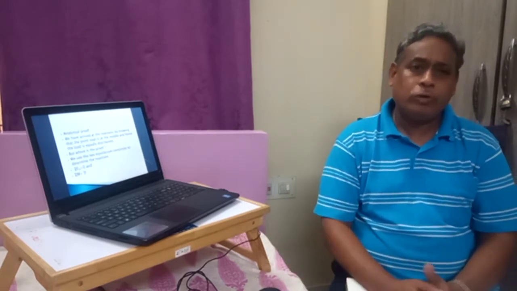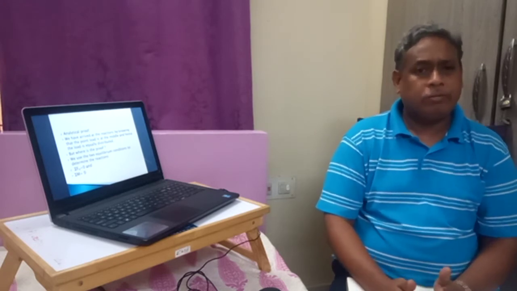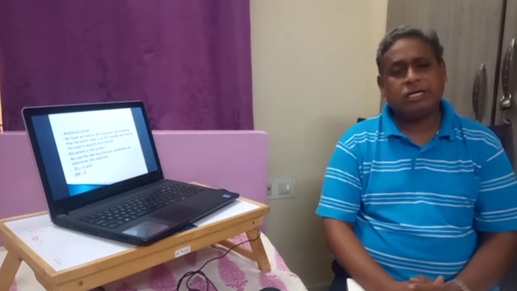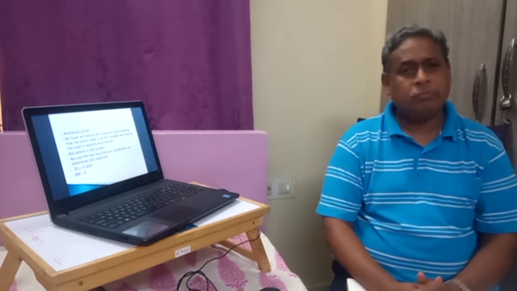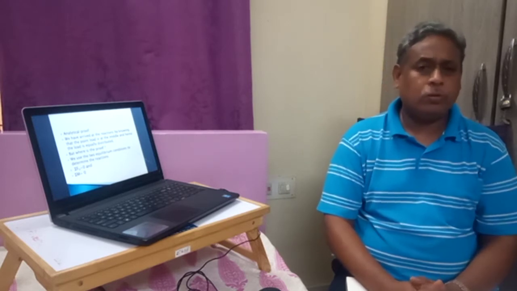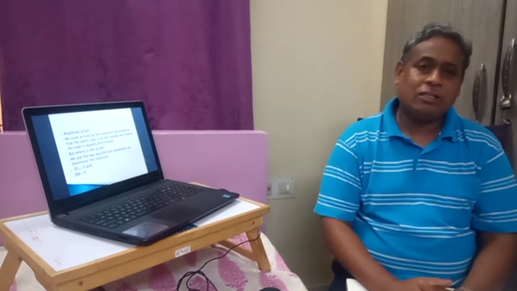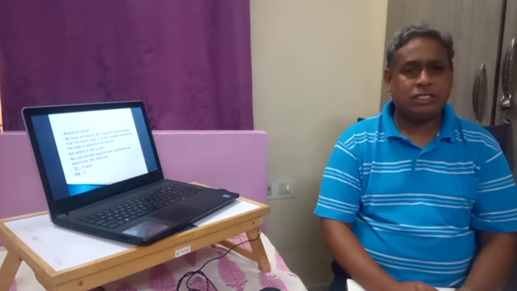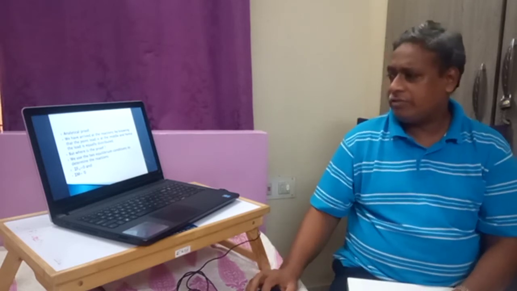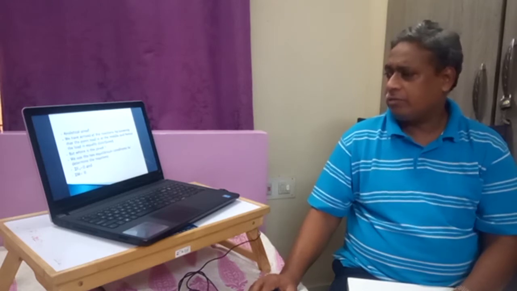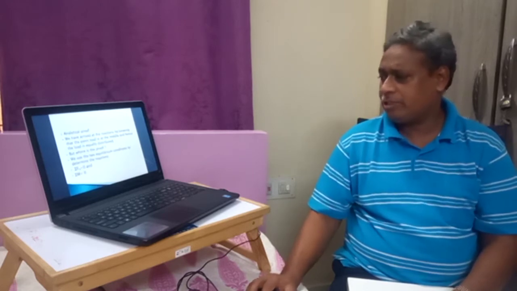This we have not proved. We have done it only by our common sense, by our experience. But there should be some analytical proof to prove that RA is equal to W by 2 and RB is equal to W by 2. So we will do the analytical solution with the help of our two equilibrium equations, sigma Fv is equal to 0 and sigma M is equal to 0. That is why we use two equilibrium conditions to determine the reactions.